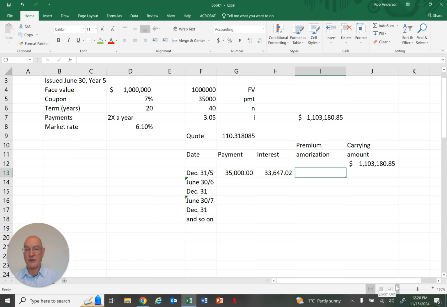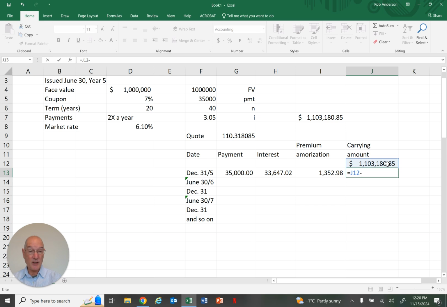Now the premium that's amortized this period is the difference between what you paid in cash and your interest expense. So we're going to take the payment and subtract interest expense, and that's the premium that's amortized. Now, do we take this 1,103,180 and make it bigger, or do we make it smaller? So do we add in the 1,352, or we deduct it? Well, our goal is after 40 interest periods to pay back investors $1 million. So this number here has to come down, not up. Over 40 periods, it's going to drop to $1 million. So I'm going to take the carrying amount and subtract the premium that's amortized. So we're down to